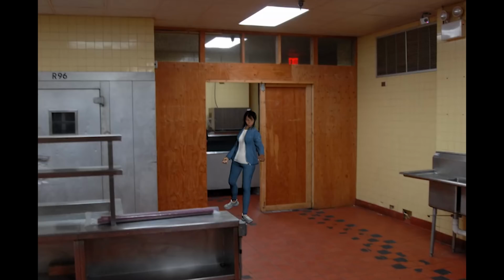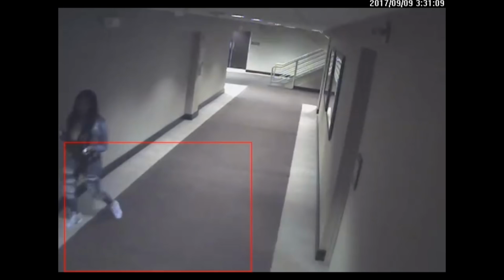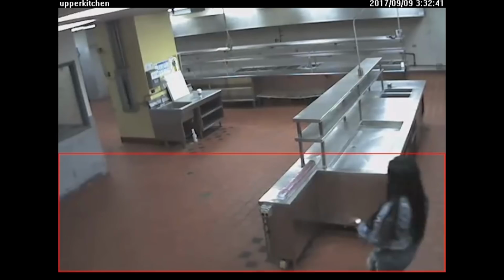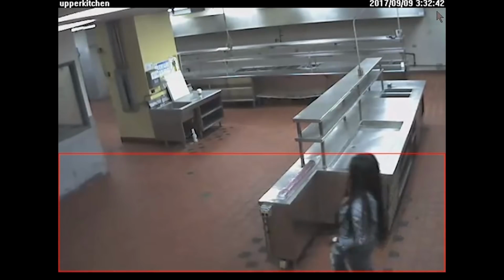Okay. And I think I was really generous on that walk. Had her walking really slow. Now add 20, add yourself 22 seconds and you'll see that, maybe she slowed down a little bit, looked at a couple things. But that's how long it took her to get from, if you go back to the surveillance. So right here, 3:31:11, and then you see her show up here at 3:32:42. So that's actually a minute 30.